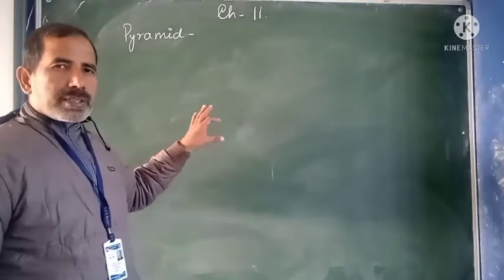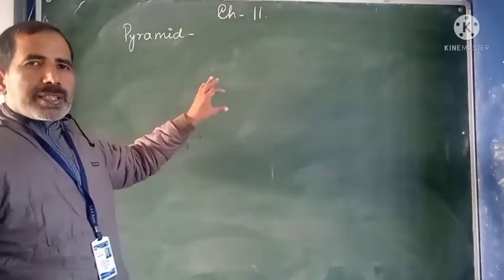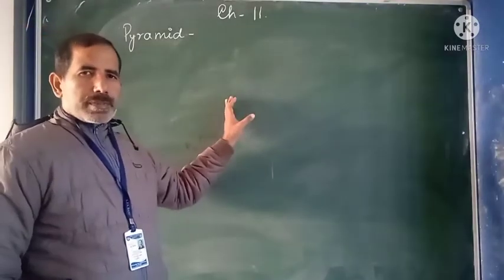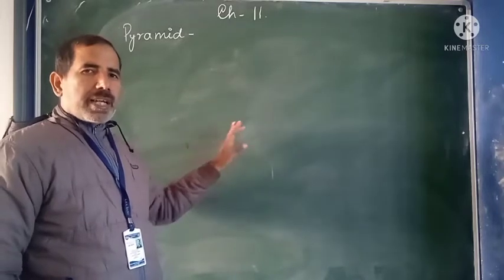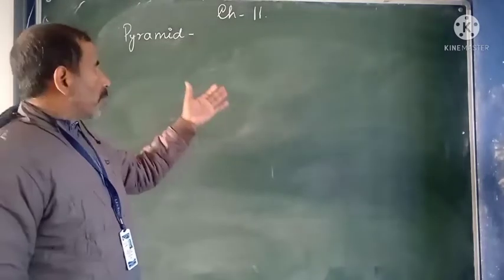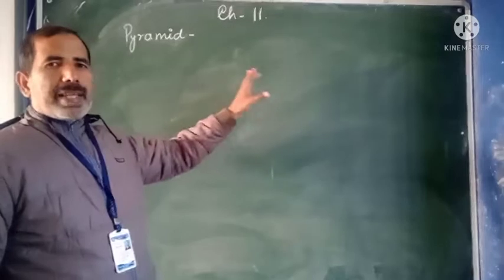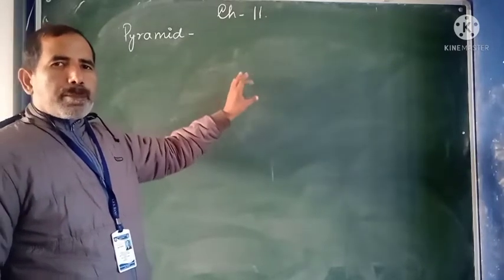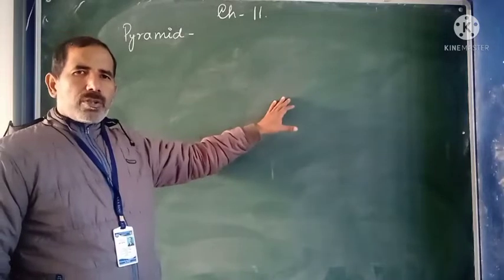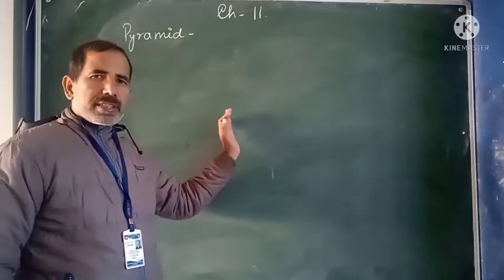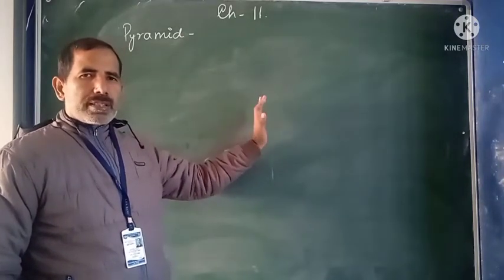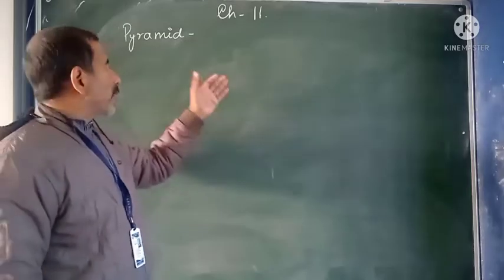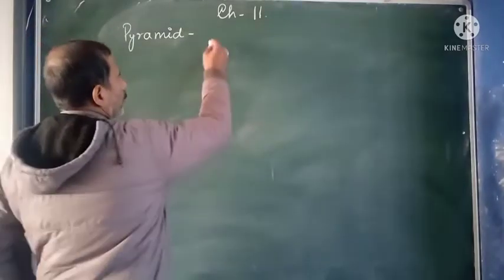So let us start with the 3D shape. 3D shape means the solid shapes which are in 3 dimensions. So there will be a base and lateral faces. In pyramid, the base may be any polygon and the lateral faces are triangular in shape. So you can define the pyramid as a